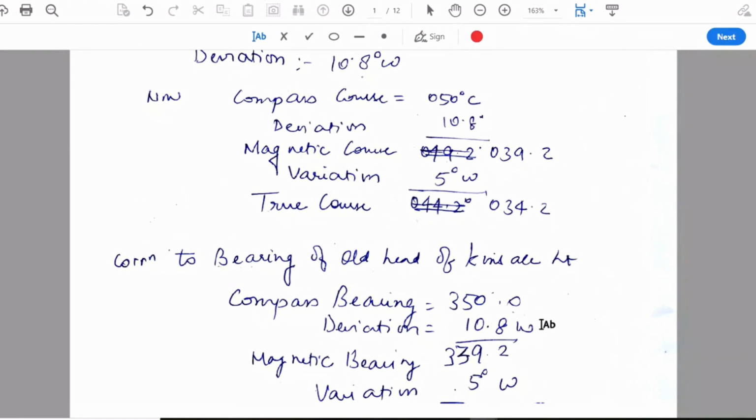सर, ये डेविएशन डिफरेंट है सर, 0.5 वेस्ट है सर। डेविएशन तो बेटा कोर्स के लिए लेंगे ना, आप बेयरिंग के लिए नहीं 350 लेंगे। डेविएशन देख रहे हो? हाँ सर, मैंने बेयरिंग पे 350। सर कोर्स पे लेंगे ना सर। ओके बेटा, होल्ड ऑन। बेटा जो डेविएशन होती है इट इज नॉट डिपेंडेंट अपॉन द बियरिंग, डेविएशन इज डिपेंडेंट अपॉन द शिप्स हेड।